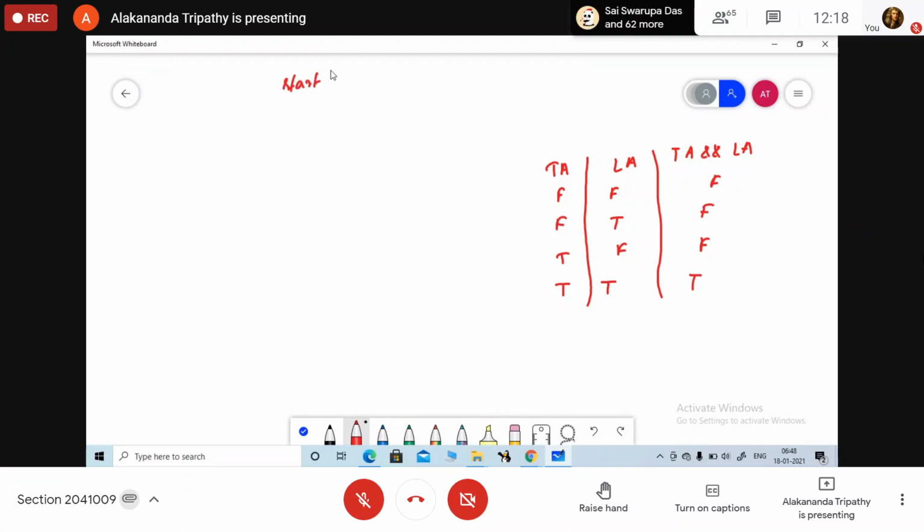Start. Then what is the next step? We are going to input theory attendance and lab attendance.